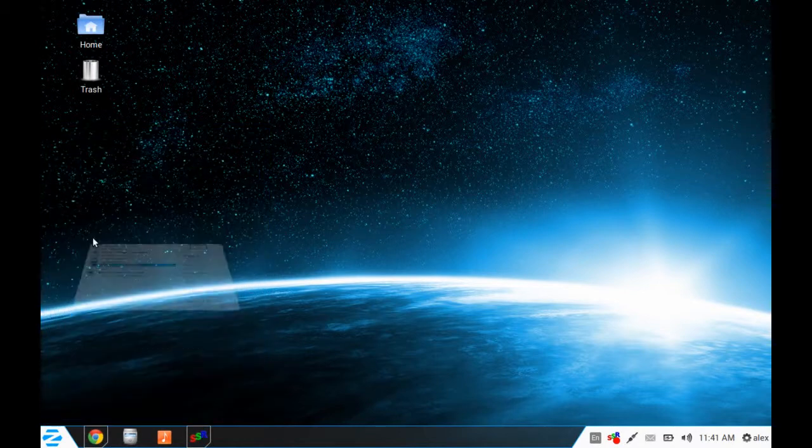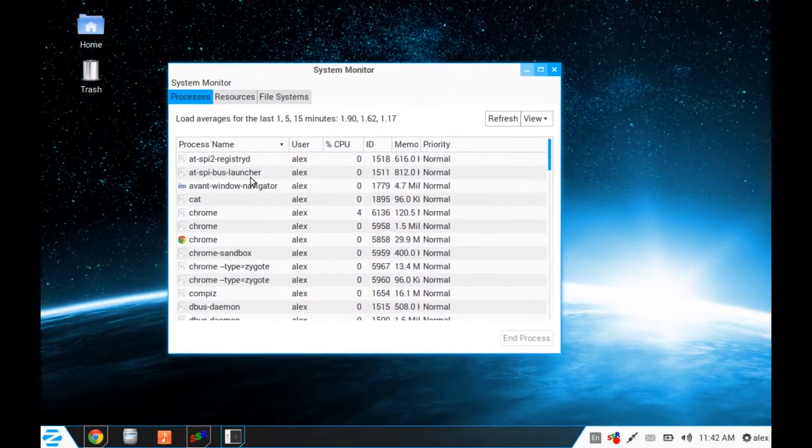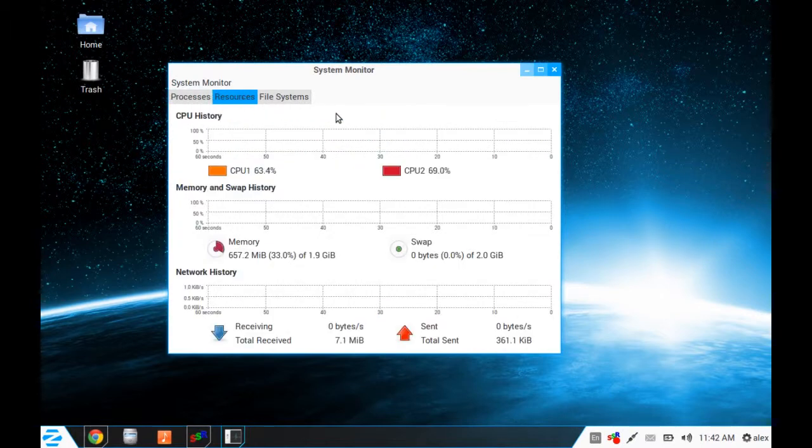System monitor is pretty neat. Let me pull that up. Right here under process, it tells you all the processes that you currently have running, how much CPU, memory, all that kind of stuff that they're using. This is basically a breakdown of what you're using right now. I am on a dual core laptop. I think each core is only like 1.05 gigahertz or something like that. So you can see I'm using a fair amount